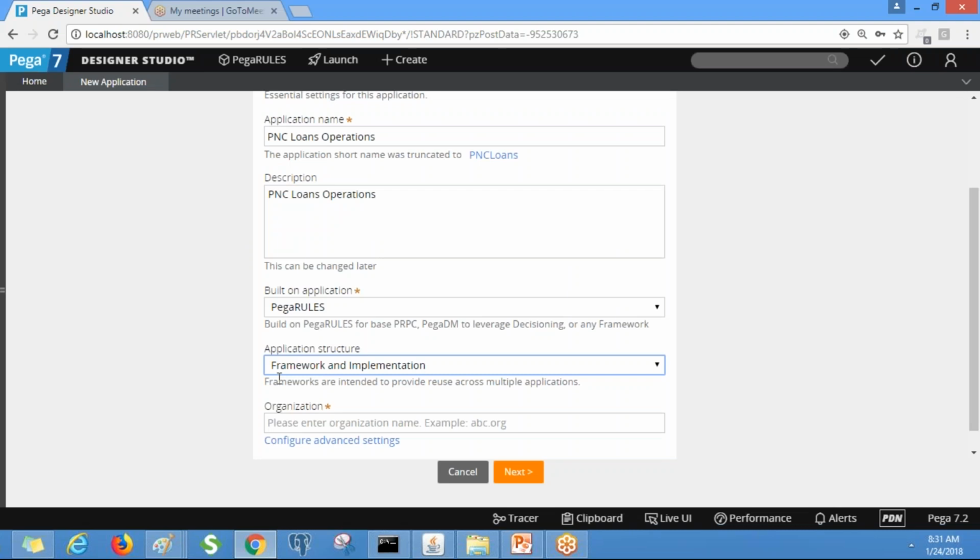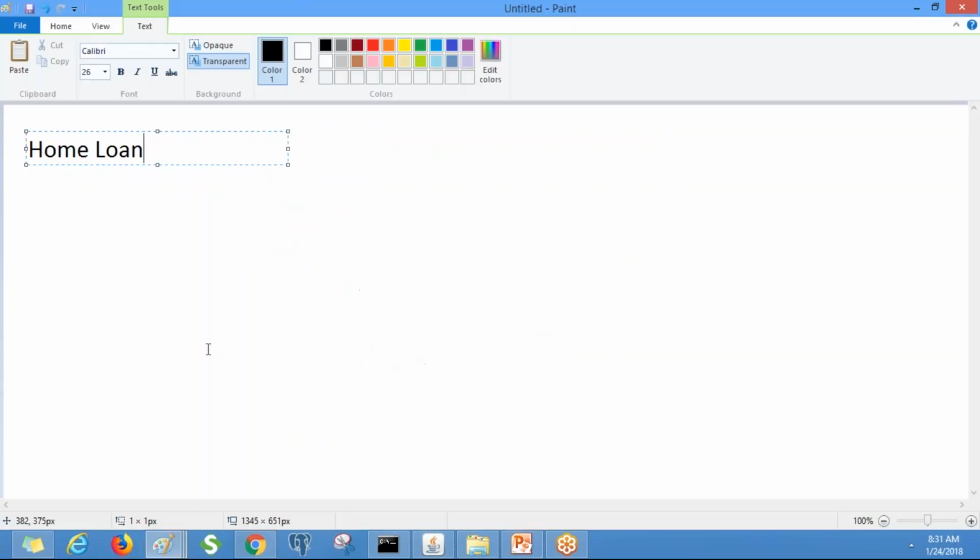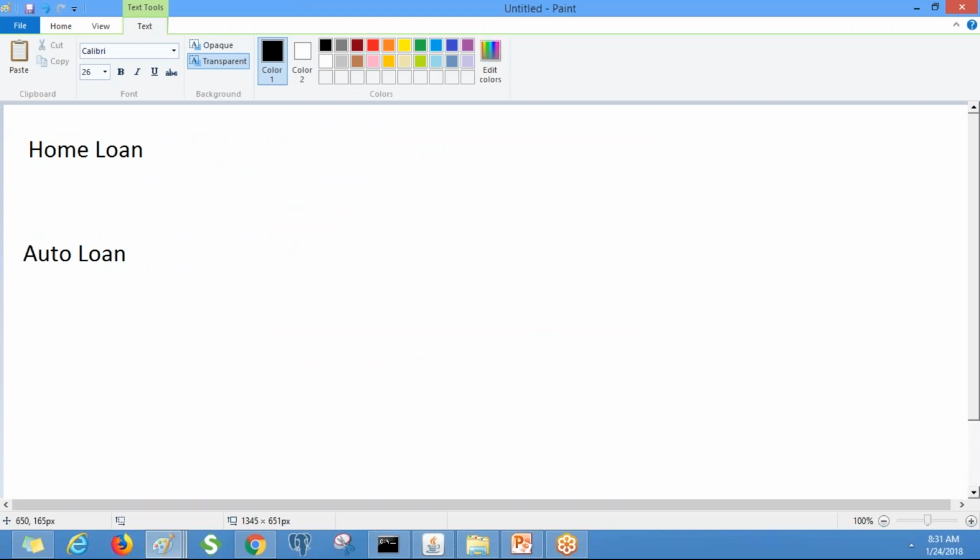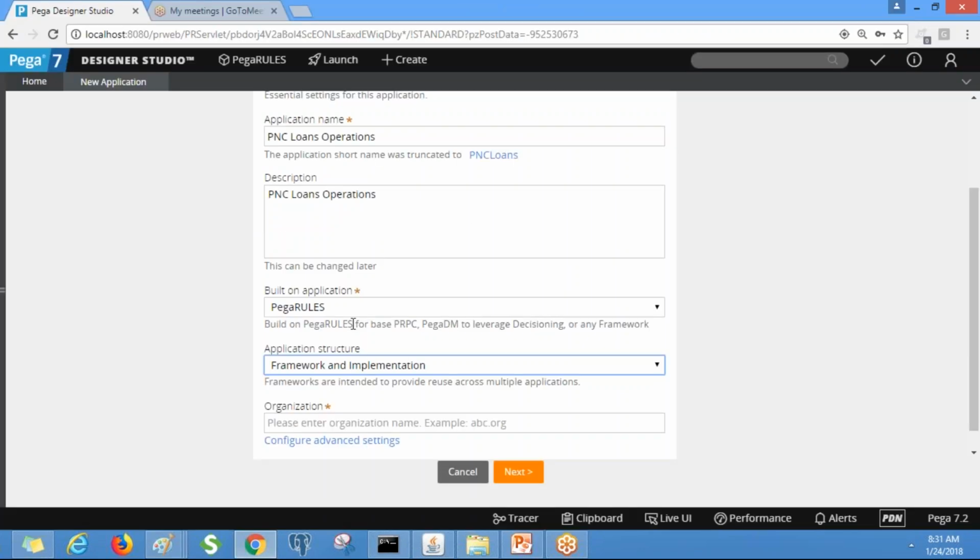The next time I create an auto loan application, I will build it by using the framework, because we can reuse the things which already exist in that layer. Clear? Online guys.